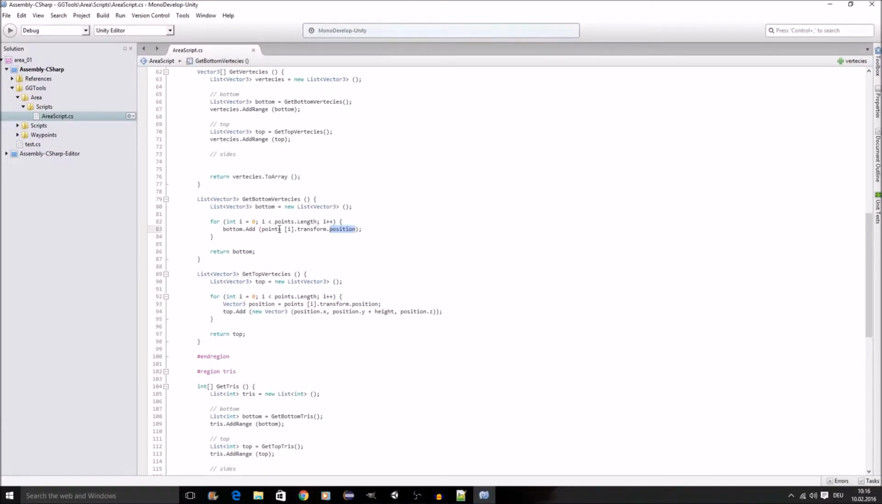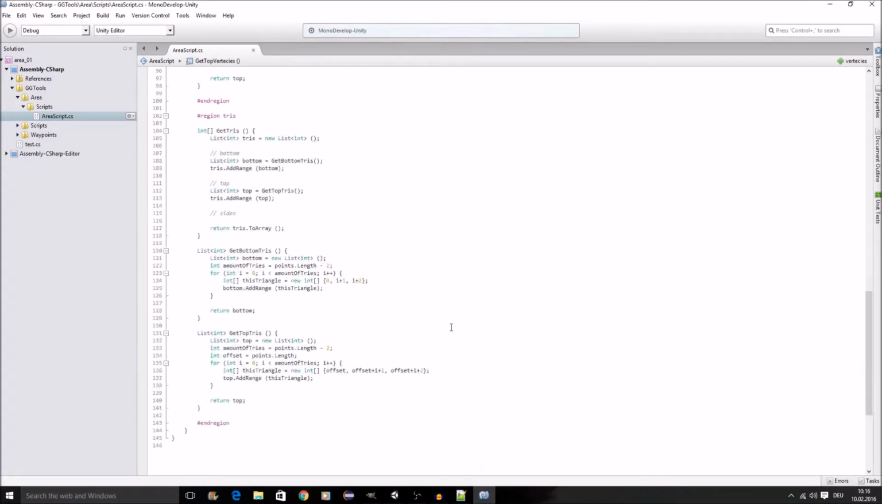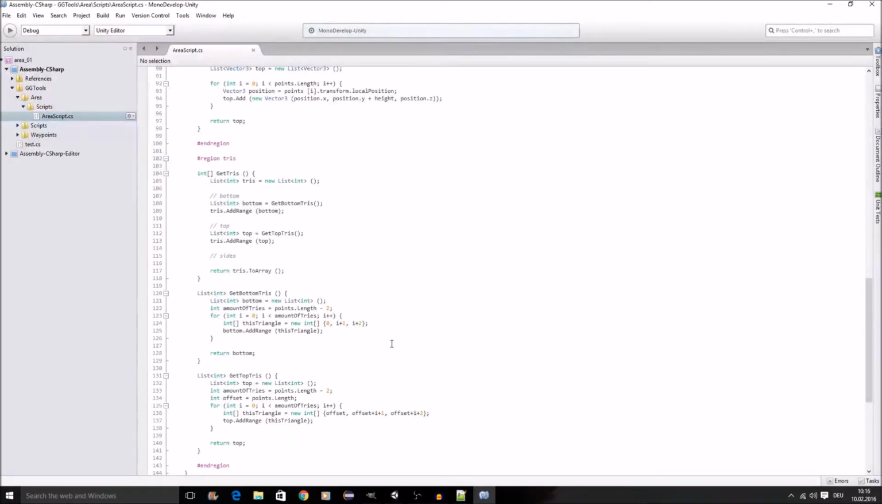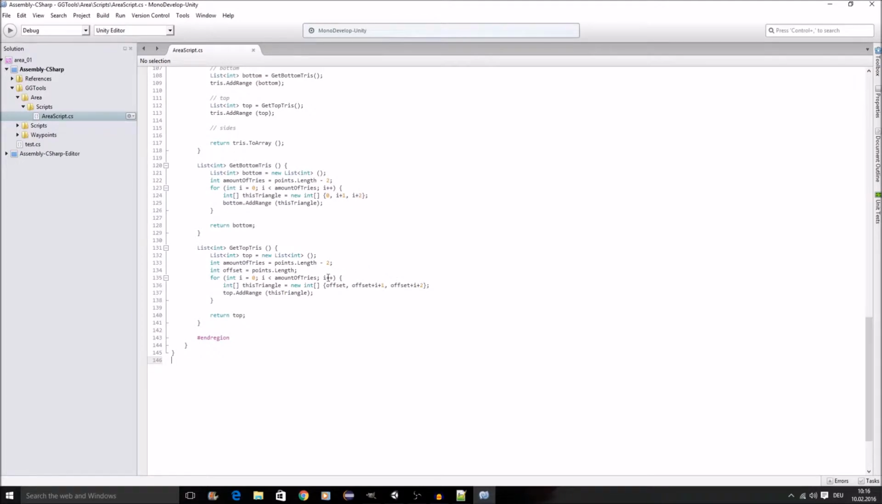So instead of using the position, we need to use the local position. And since we used copy and paste, we actually need to adjust that here as well. Those are the downsides of copy and paste. And the other issue was that our